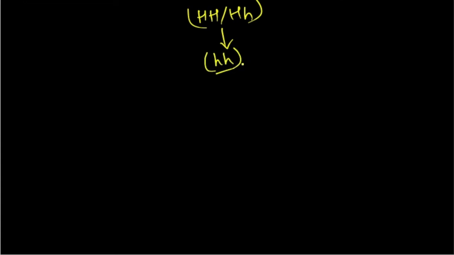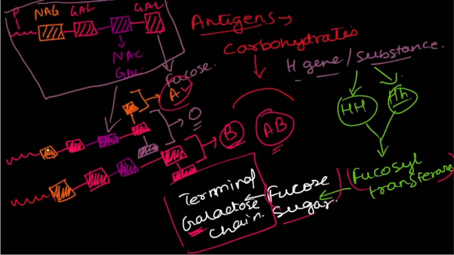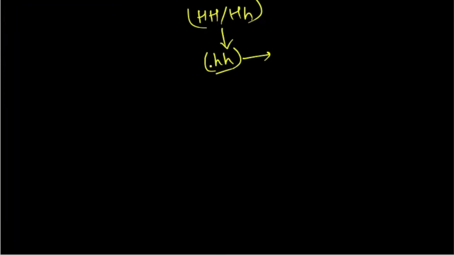Individuals carrying the small h, or homozygous recessive form of the H substance, are known to carry only this segment of sugar, and therefore they possess the O blood group, because in the absence of the dominant form of H substance,